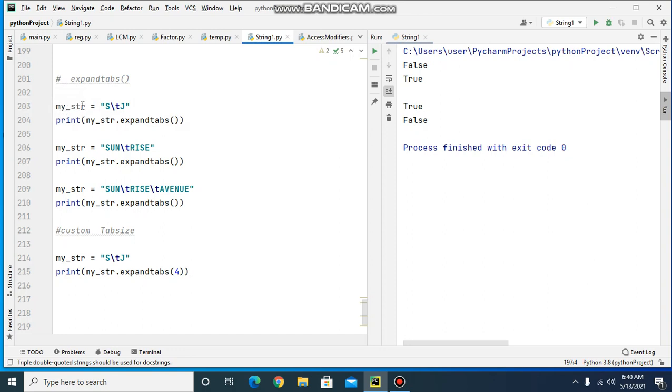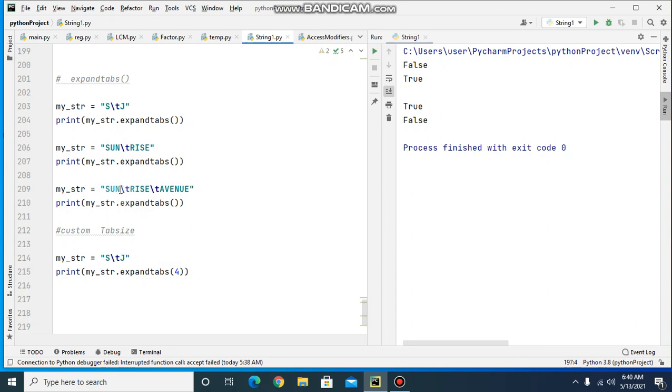So here I am having my string S, tab and J. This tab by default is 8 spaces. So here it will print 7 spaces between S and J because one space has already been occupied by S, so 7 spaces will be printed here. Then here 3 spaces are occupied, so 5 spaces will be printed between sun and rise.